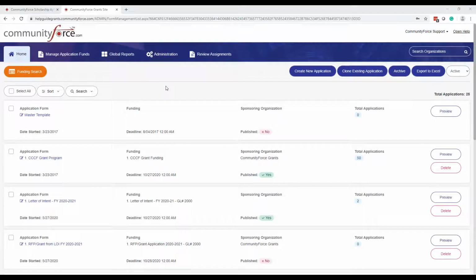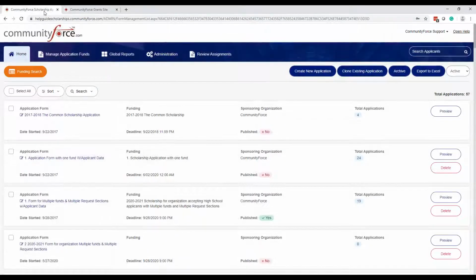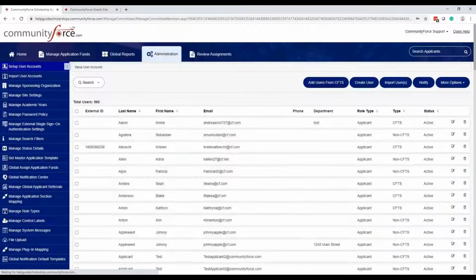So here on the site, I'm on the grant site right now, and if I skip to the scholarship site, you can see it is the same screen. To get to the Notification Center, the first ones I want to talk about are the ones in the Administration tab. I know we did touch on it in the Administration training, but I just want to look at it one more time. On the Administration dashboard, you're going to see a Global Notification Center. And if I click on it,